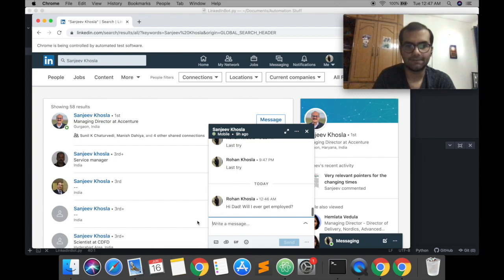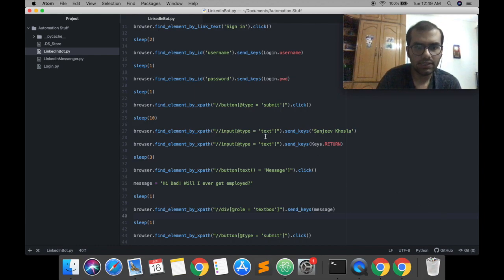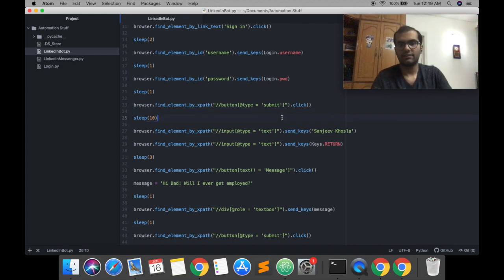We'll see that ahead. For the next few steps, we don't have to inspect any element. We simply have to make a few tweaks here and there to the code that is already existing in order to make it send the message to multiple different people. So the first thing that we need to do is create an array list of names. Okay, and that we'll do before we send the name into the search bar right here.